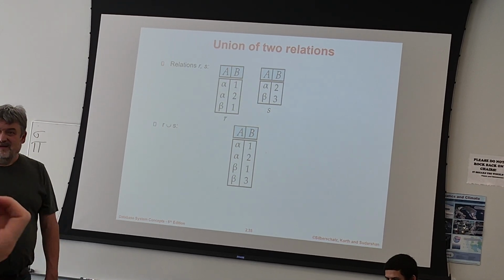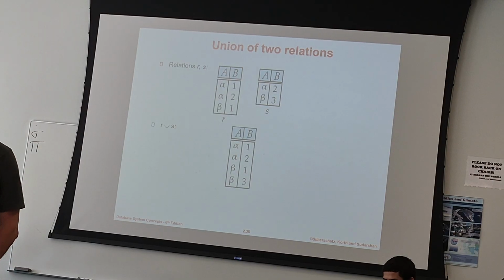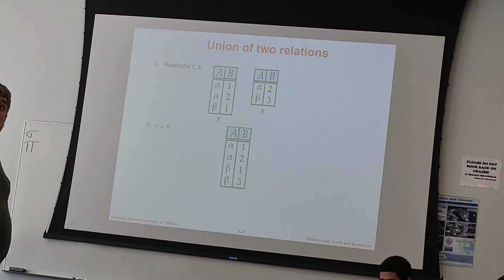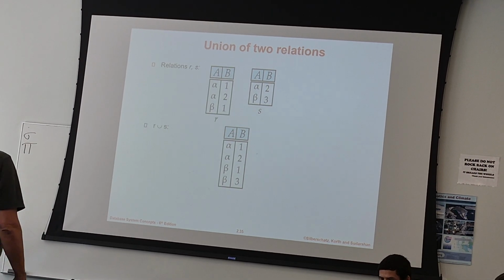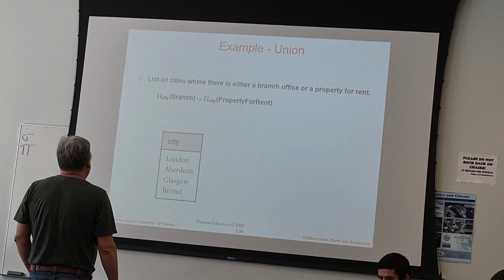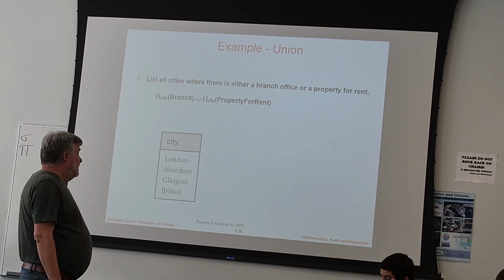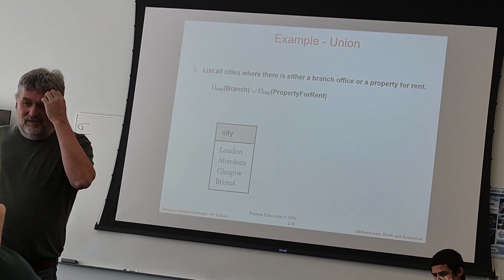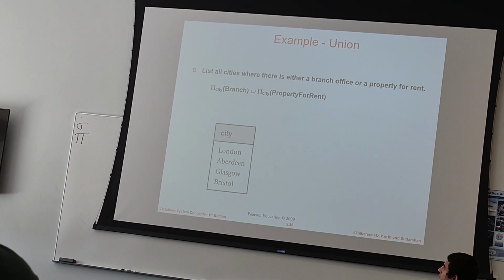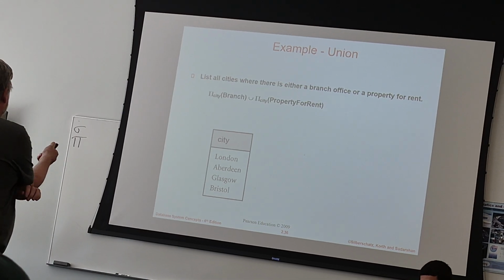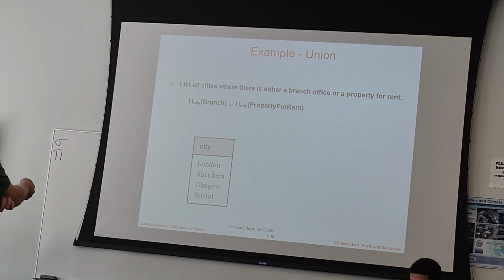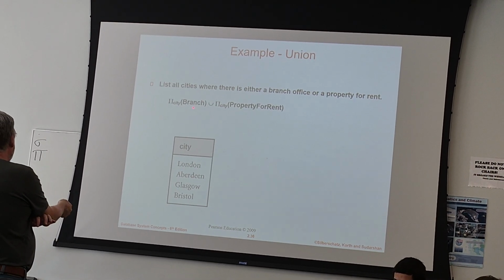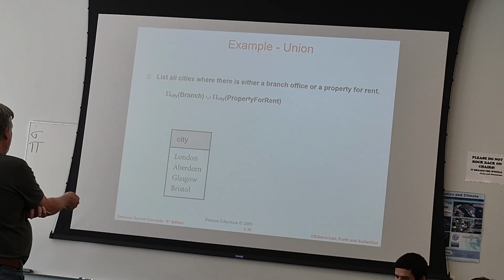Make sense? Union, you've probably heard about that since grade school. We were talking about Venn diagrams, though, probably. So, when would I ever use a union when I'm trying to retrieve data from a database? Well, maybe this: there are 2 tables that have a city column. There's a branch table of the real estate company, and a property for rent